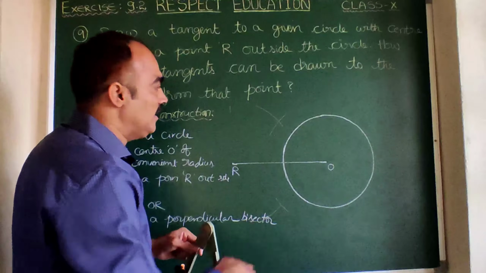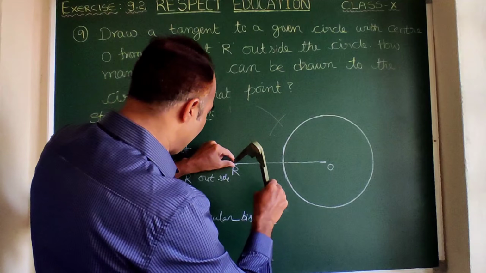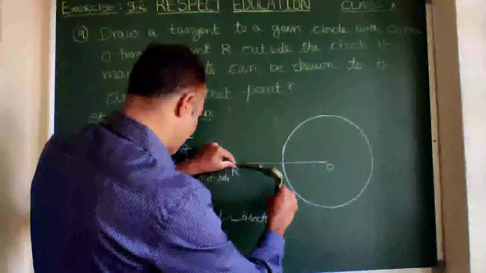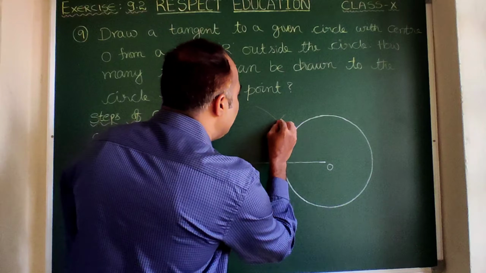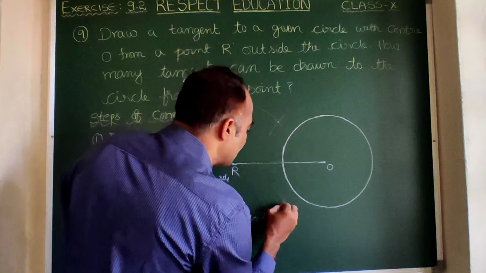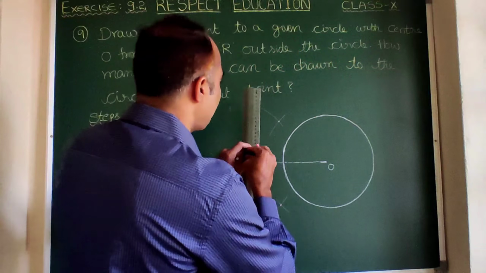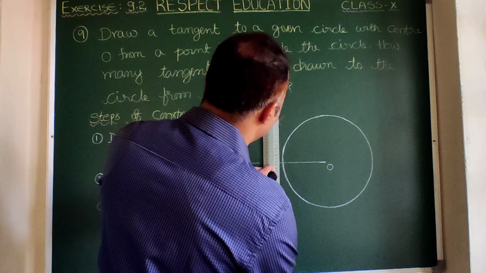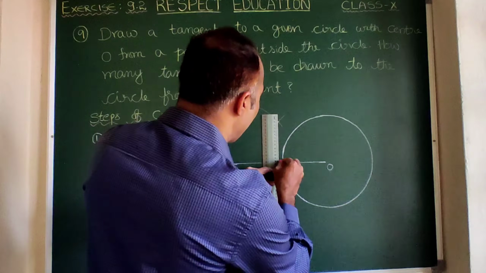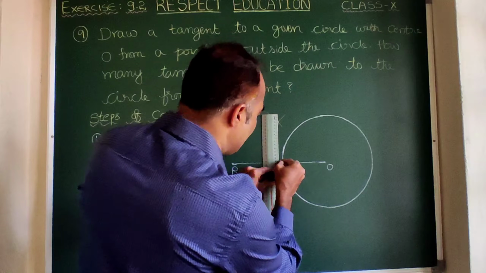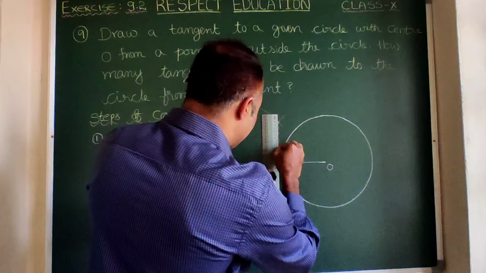If you observe carefully, these two arcs did not meet, so we can extend them. Now let us join the points of intersection of these arcs using a scale. On joining, you have to keep focus on this point. This is a very important point. That is the perpendicular bisector.